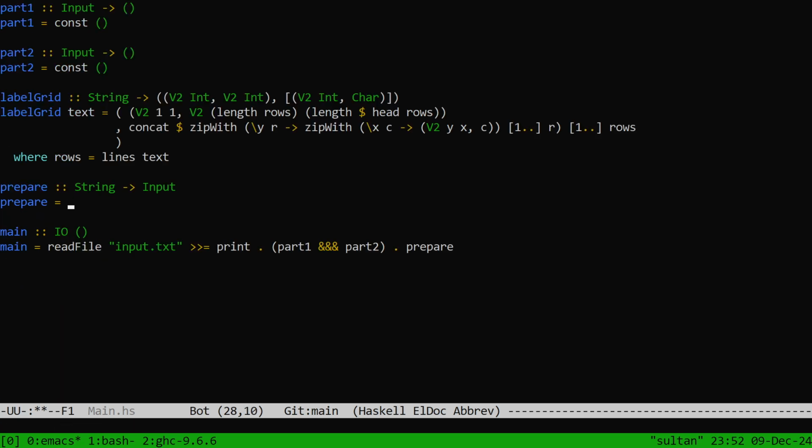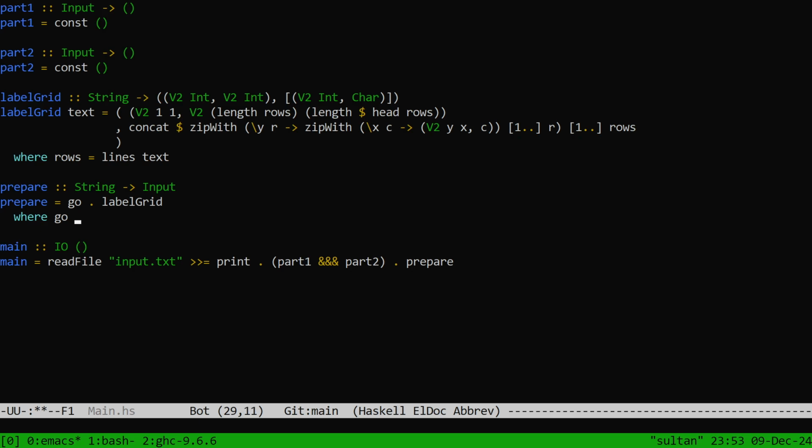So our prepare function then is prepare, go composed with label grid, where go of bounds, which I think I'm ignoring. No, of course, I'm passing those to make array. Bounds and heights equals array of bounds and, yes. Array takes a list of associations. Bounds of